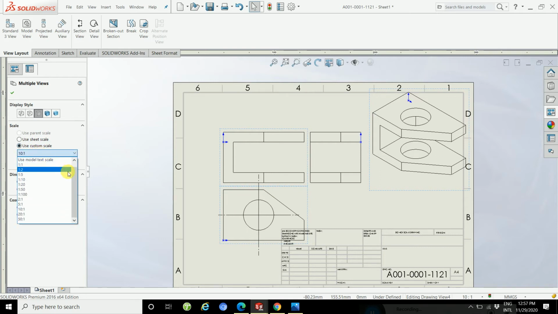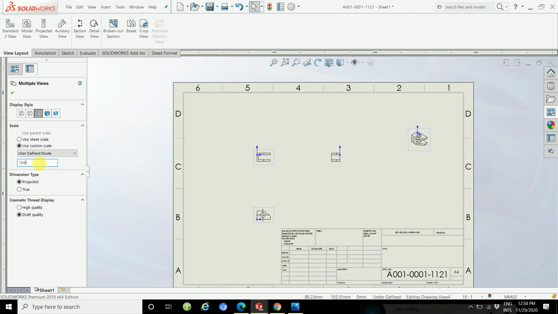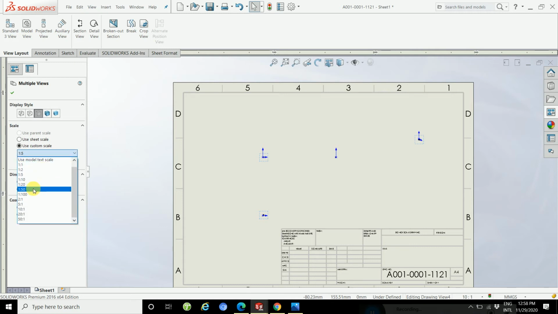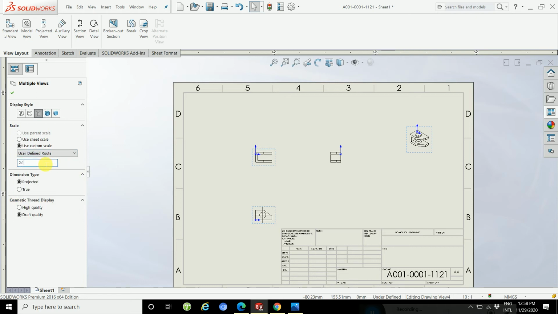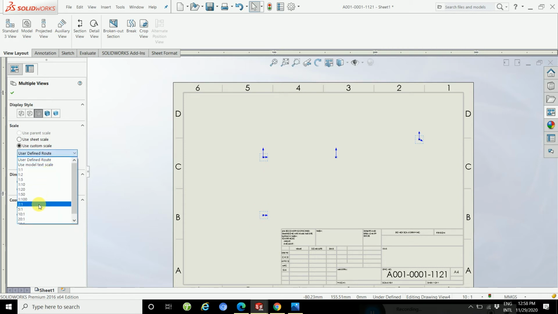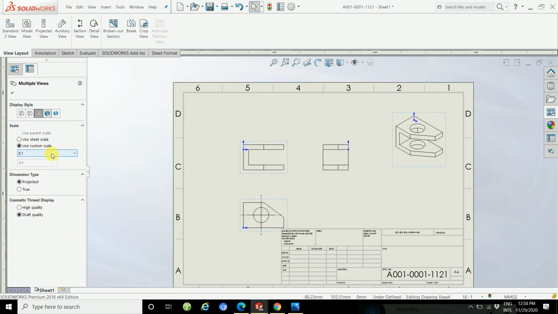Go to custom, and then here 6, the 5. Okay.